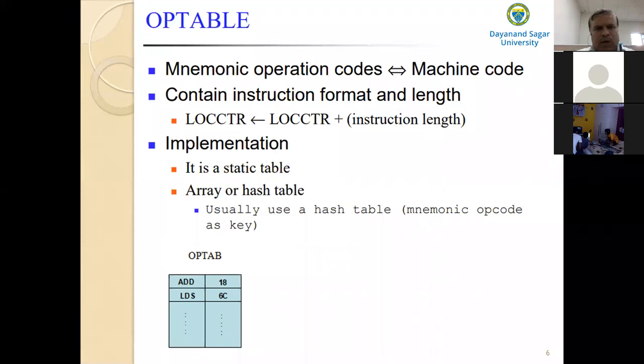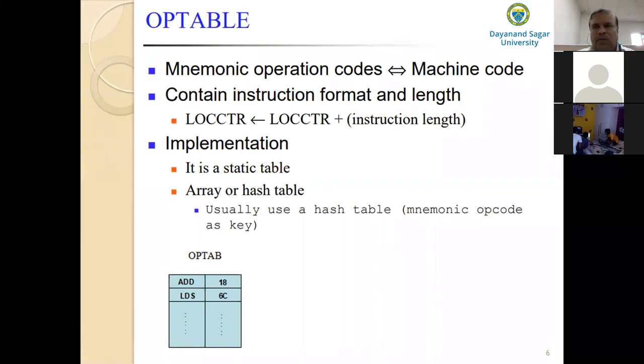Looking up the operation code and converting it into machine code can be done in either pass. The reason is that the standard version of SIC has only one instruction format, a single 3-byte instruction format, not more than that. That is why this process can be performed in either pass.